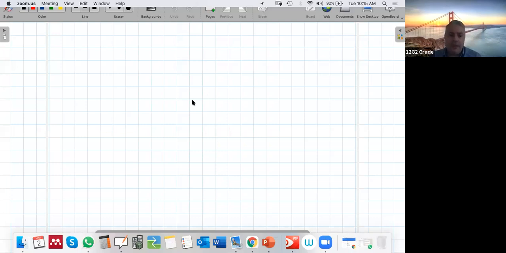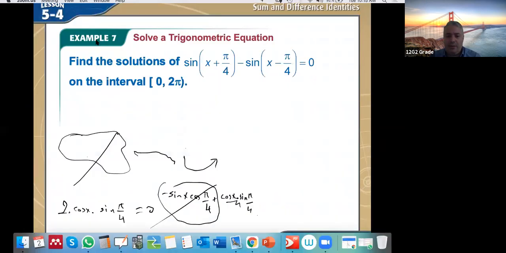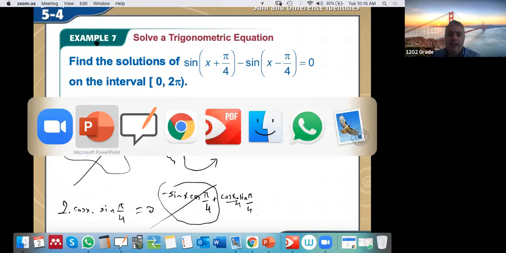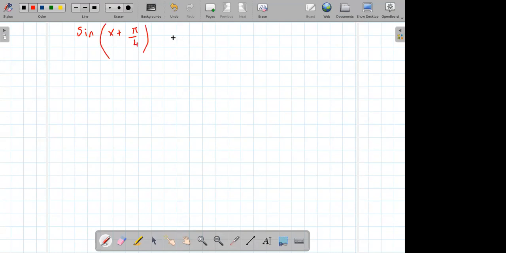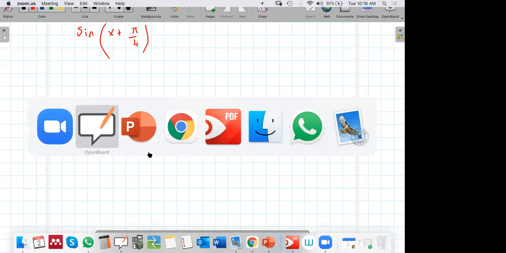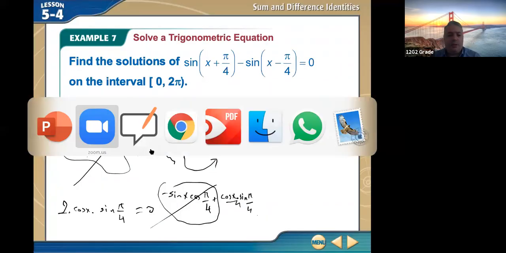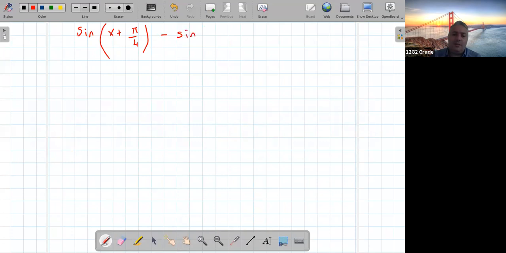So you see my screen. The question was, right, where is the pen here? Sine of x plus pi over 4, you see this screen? Yes, ma'am. And then sine of x minus pi over 4. Now, what am I going to do? The first thing,